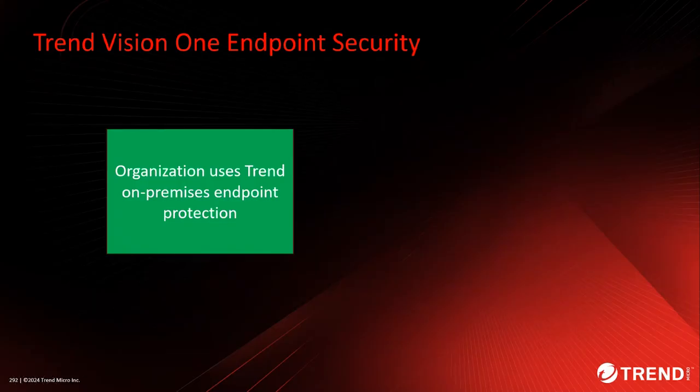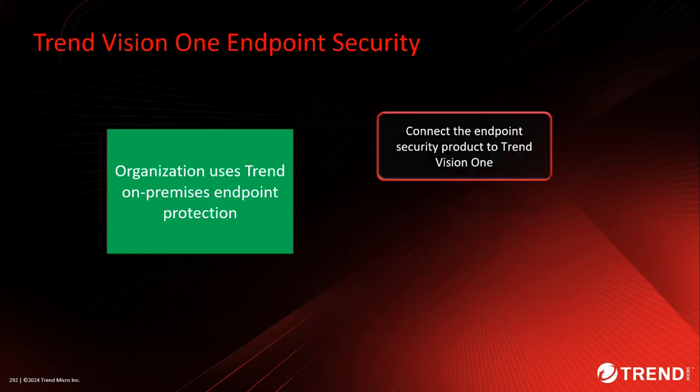For organizations currently utilizing Trend's on-premises endpoint protections such as Apex One or Deep Security, there is a valuable opportunity to enhance your security management through the integration with Vision 1 endpoint security. It's important to note, however, that while you can monitor these devices through Trend Vision 1, the configuration and policy setting management will still be handled via the on-premises console. Trend Vision 1 does not replace this function but complements it by providing additional